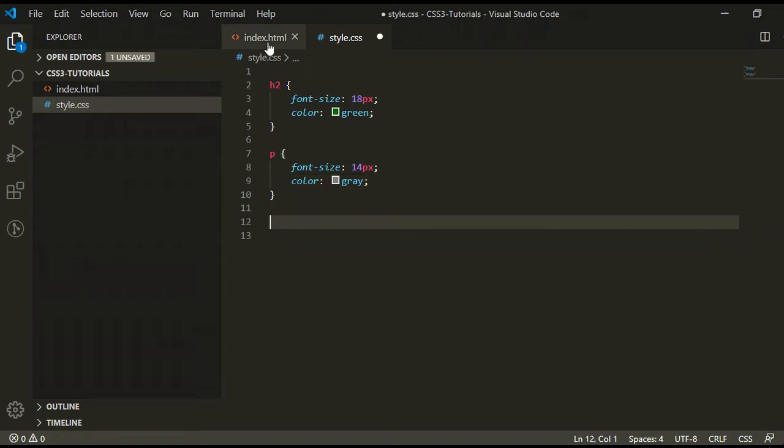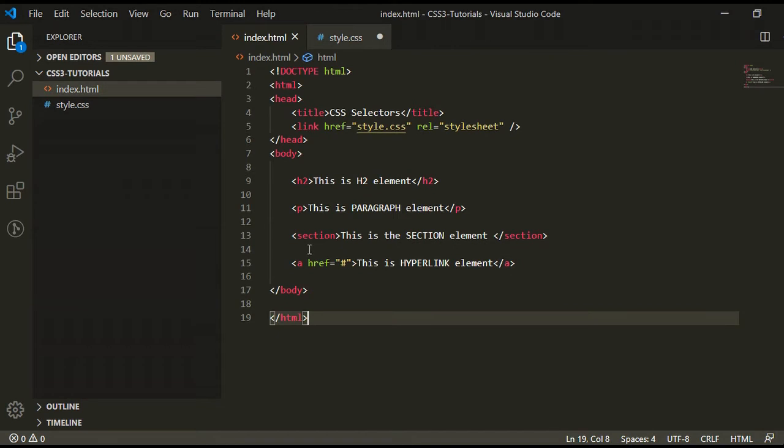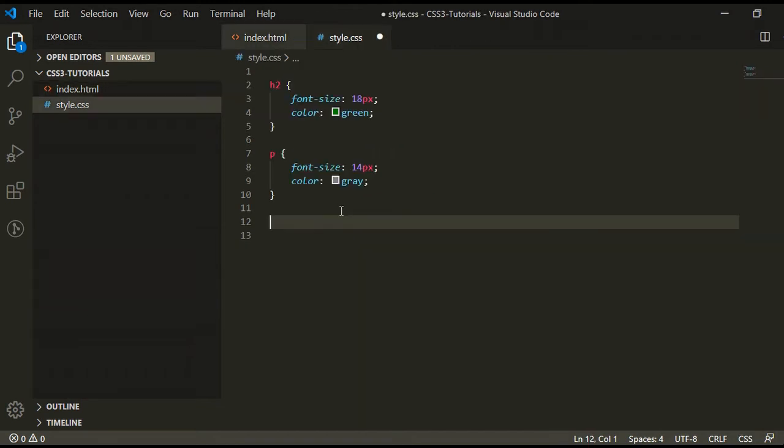same as we can define the CSS rule for section and anchor.